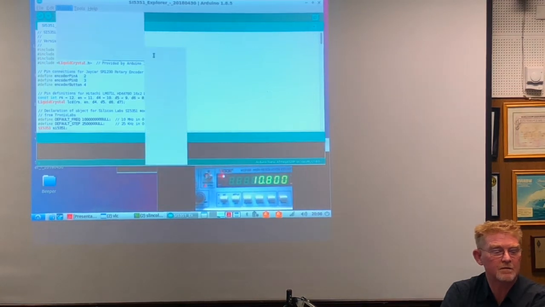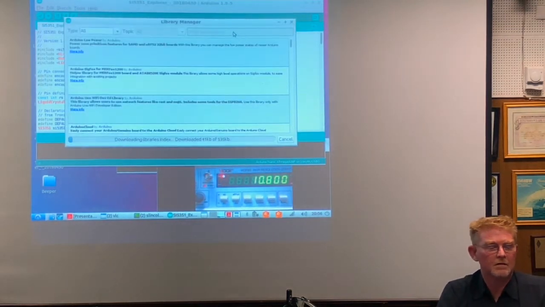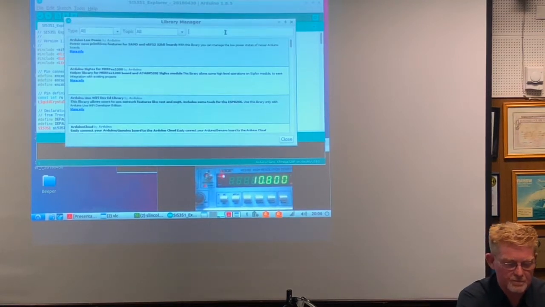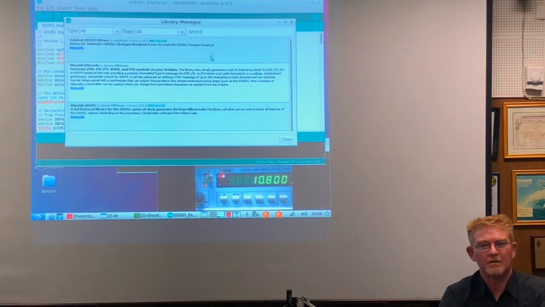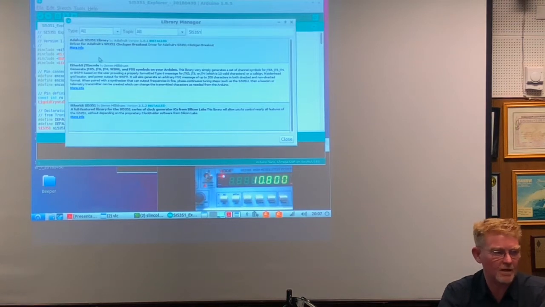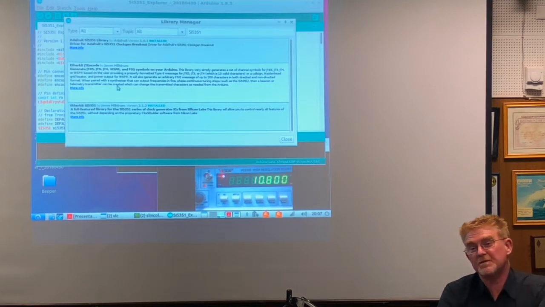Now, to show you what's going on there, if I go to Manage Libraries, I'll do what I did before, so I'll do it quickly, hopefully. Okay, it's downloading an update from the net to work out what libraries are available. SI5351 is the part I'm working with, and it says I've found three libraries that know about this chip. The top one here is the one that Adafruit put out, which is fairly basic. It lets you specify the dividers for the various frequency generators. Bit tough. Don't like that. It sounds complicated. This JT encode one sounds interesting, but probably not for this application.